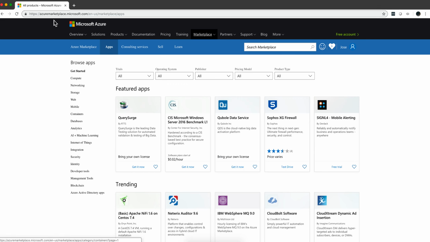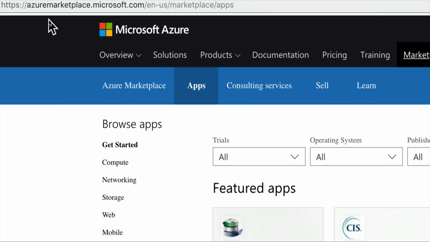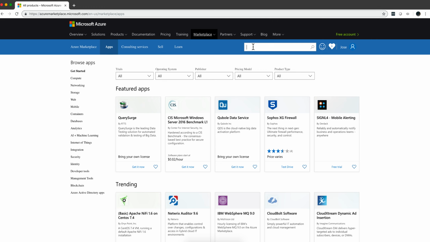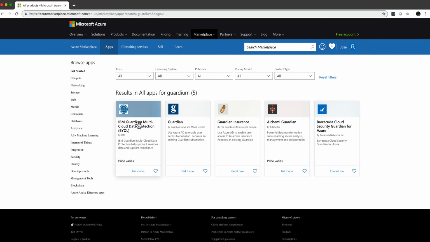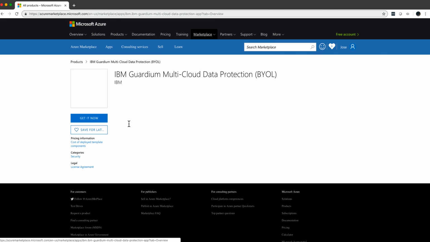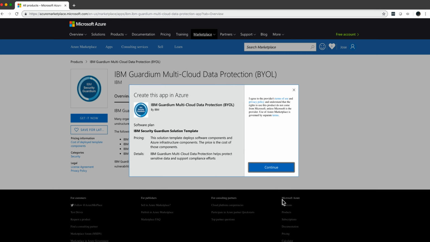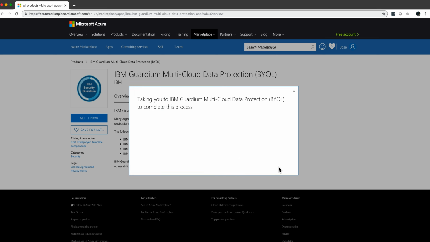Let me show you the steps I follow to create my instance of Guardium in Azure. So I'm here in the Azure Marketplace. I click here on the search, type Guardium, and it finds the bring your own license offering. We click here on Get It Now, click Continue,